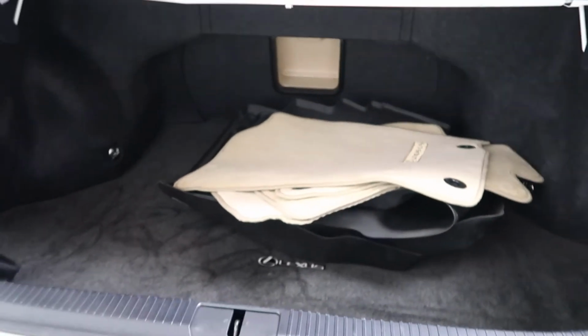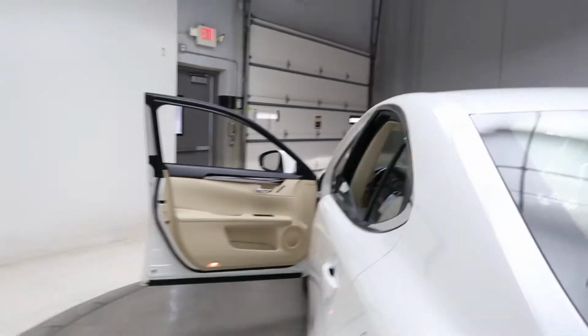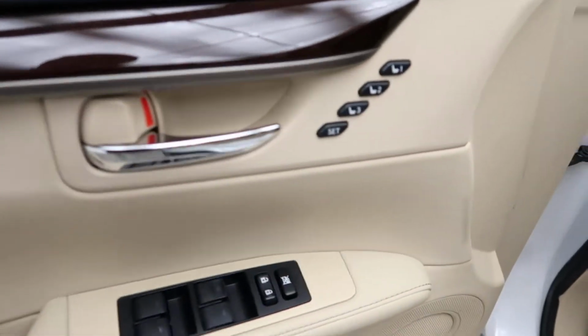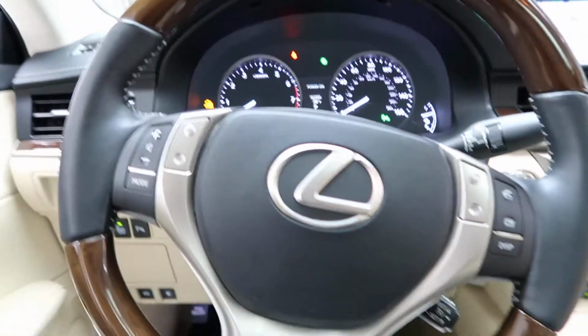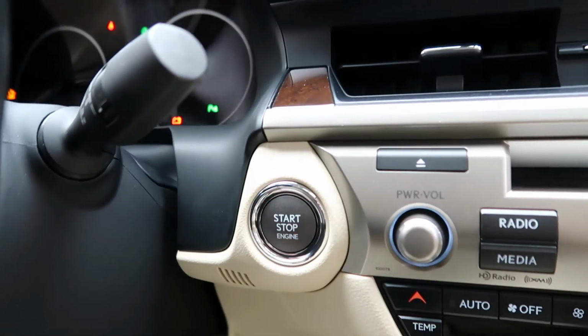Opening up the tailgate. We've got a clean set of floor mats, all season and regular. Wood trim, memory seats, power windows, power seats. Hopping in, we've got a wood and leather steering wheel, controls, push start ignition,